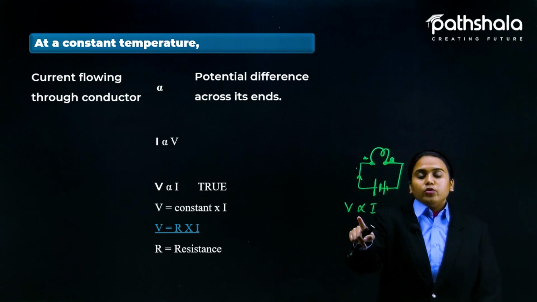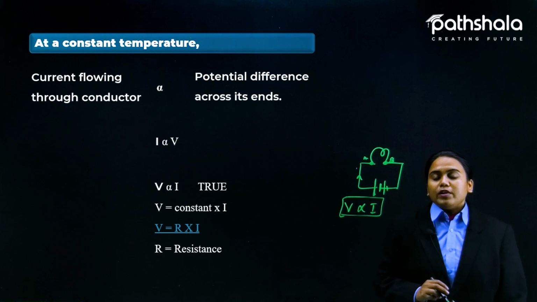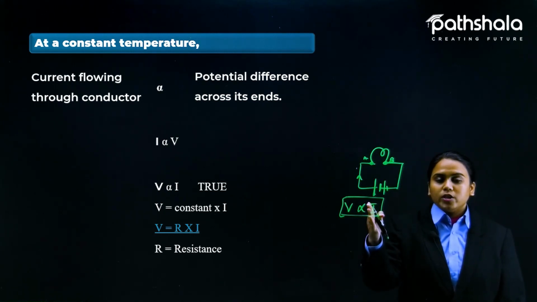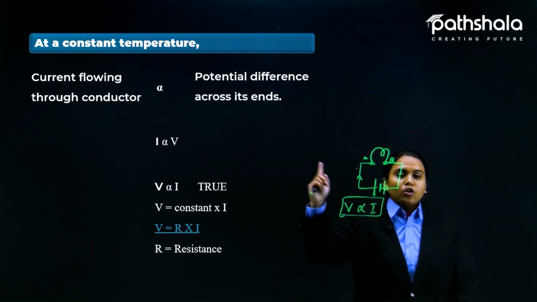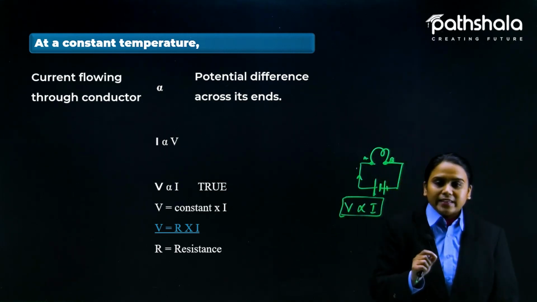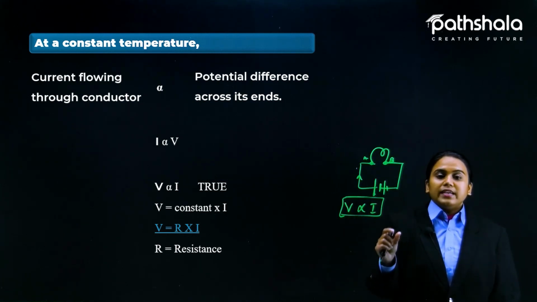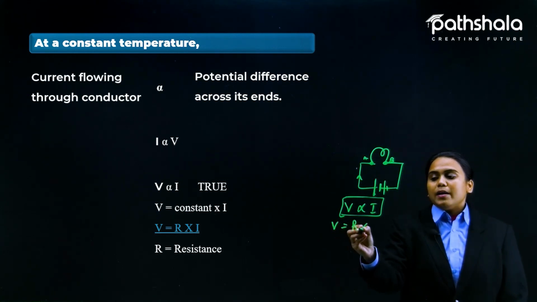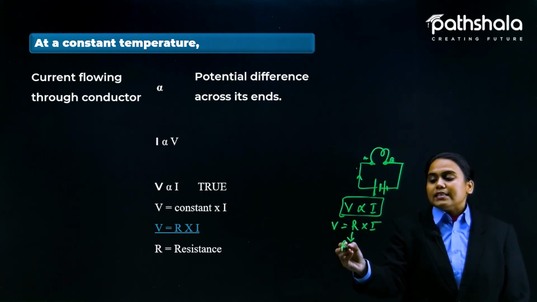Now, you know that in mathematics nothing can be solved with this kind of expression. So we need to simplify it by putting an equals sign in place of the directly proportional sign. So the proportionality sign should be removed and a constant is provided here. Yes, some constant should be here, and that constant here will work as a resistance. V equals R multiplied by I, and that R here is resistance.